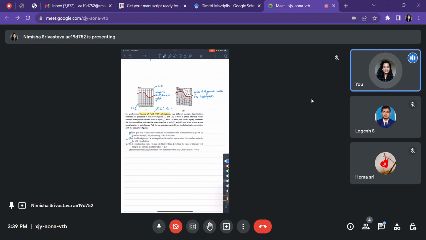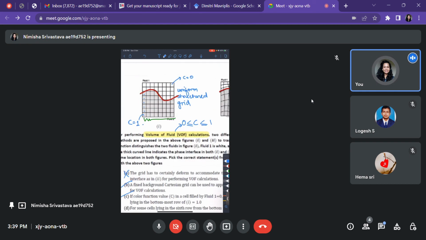Okay, what does the D option tell us? For some cells lying in the sixth row from the bottom, the value of C is 0.5. Sixth cell: 1, 2, 3, 4, 5, 6. No, there is no C equals 0.5. Why is it not C equals 0.5? Because in this row, the sixth row from the bottom,